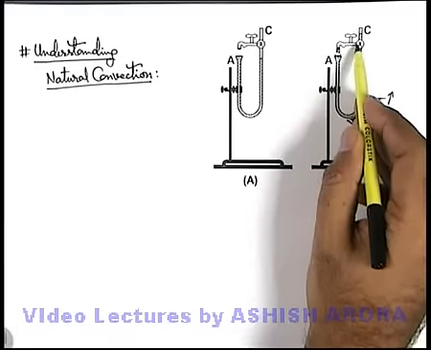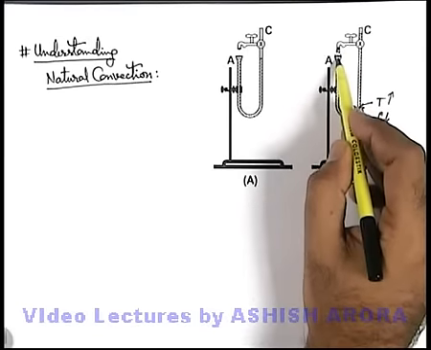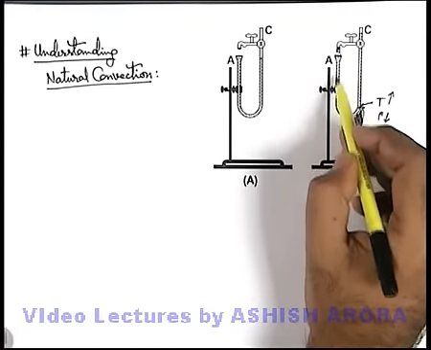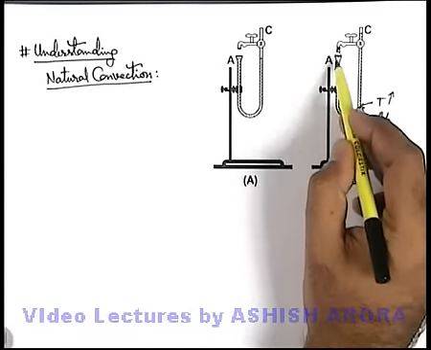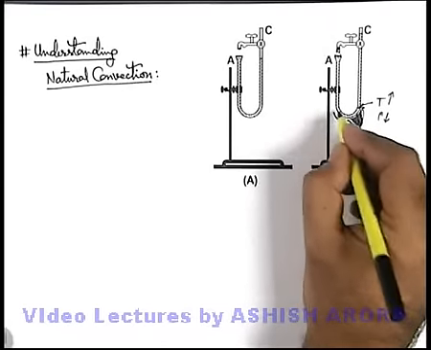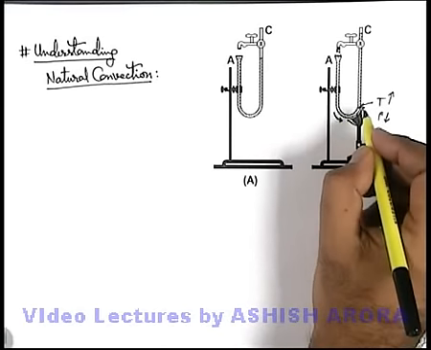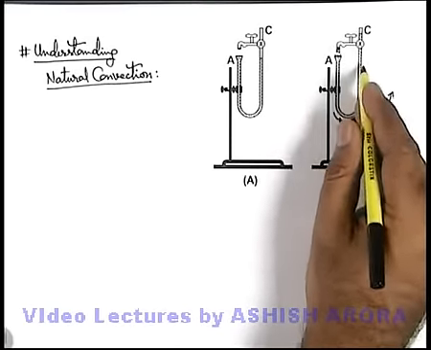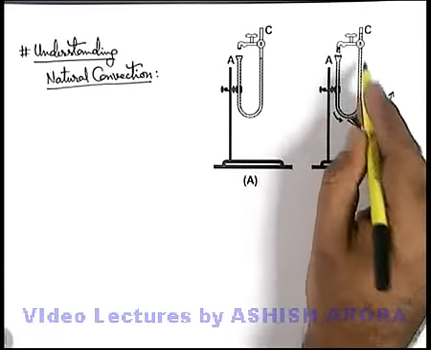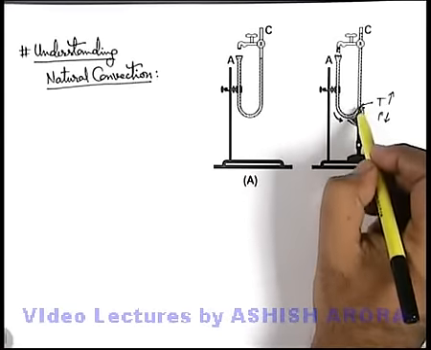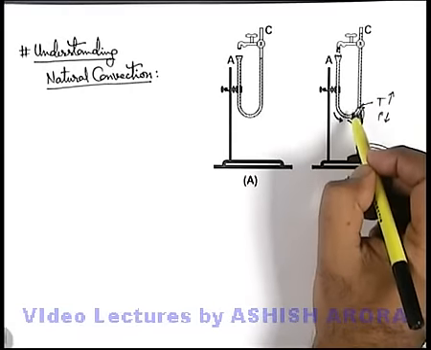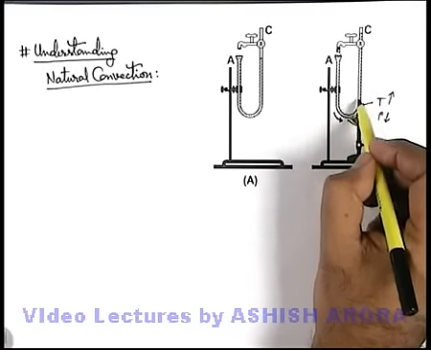As soon as it will start flowing through the tap, the water level in the left arm will start increasing, and due to increase in pressure, this will push water to flow from left side to the right side, which again gets heated up, moves up, and continuous flow will be established here. And we can simply state, as the water is heated in this zone, physically these heated particles